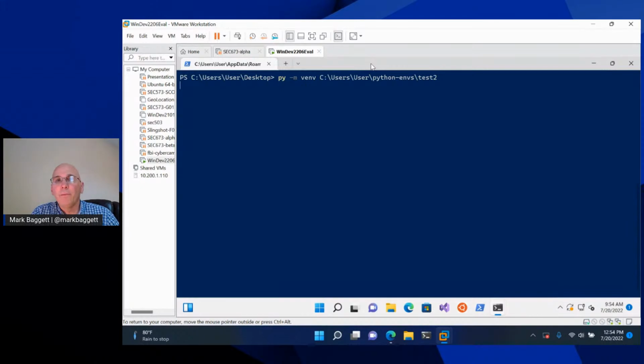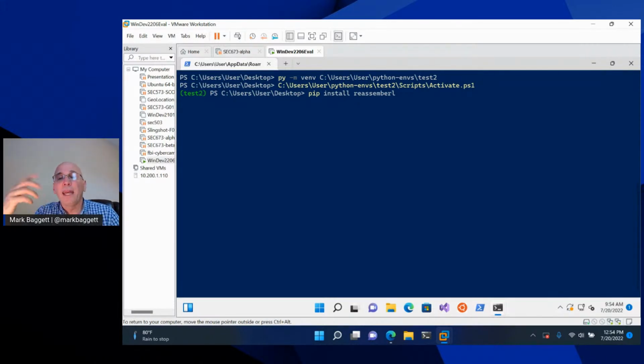After this virtual environment, which is basically just like a brand new Python installation that is separate from everything else, has been created, then I can activate it by using the activation script that's in there. So Python environments, test2 under scripts, there is an activate.ps1. Once I activate that, it'll change my prompt. From this point forward, anything I install into this thing is going to reach out to the Python package store. Oops, there's nothing called reassembler with an L on the end. There's one called reassembler. That'll install that, but everything is kept separate,